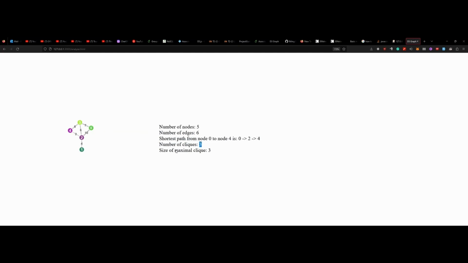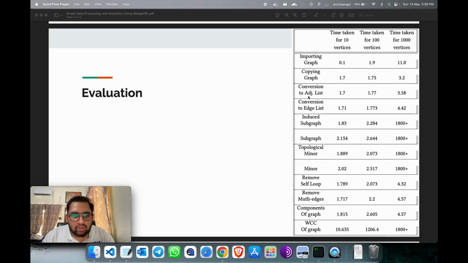It also outputted the number of cliques and the size of the maximal clique. These are some of the operations that we applied. The user, according to their needs, can apply any of the analytical operations they want on the graph and visualize them in the browser. So our scripts perform quite well, we would say, because our scripts perform exceptionally well